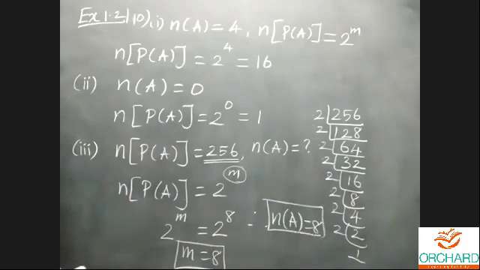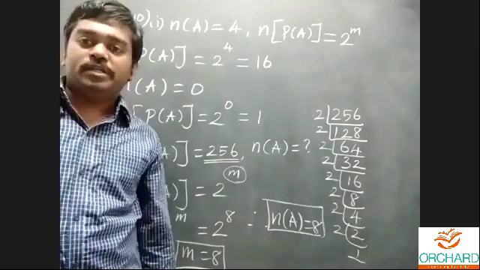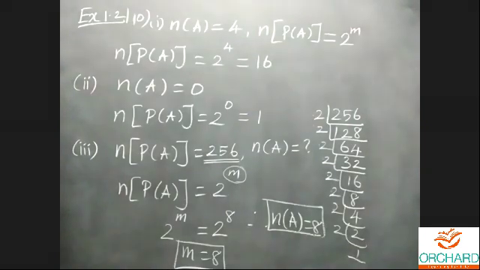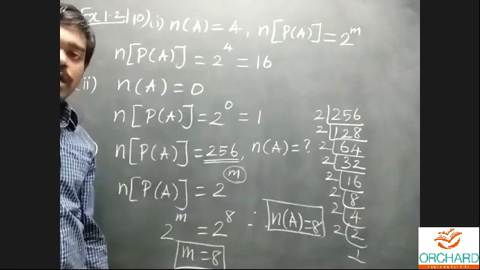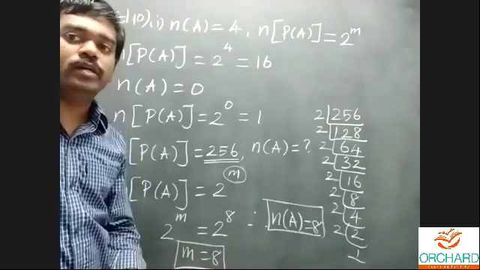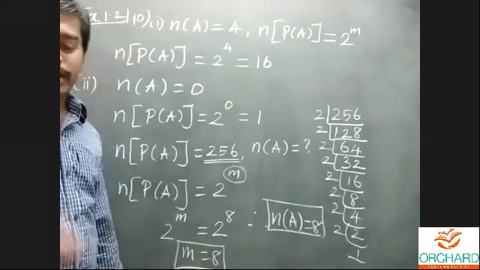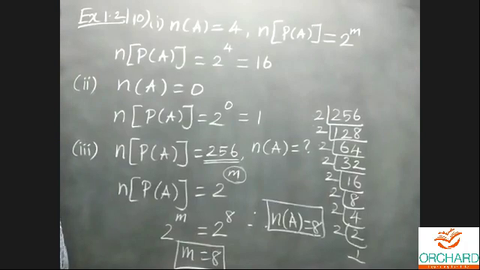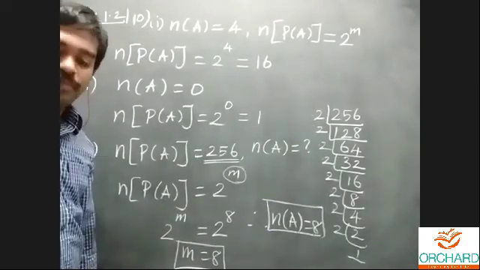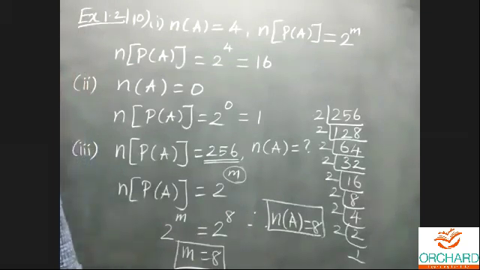Next one, we'll move on to the set operation. Actually, you know the binary operations: addition, subtraction, multiplication, and division. But what operation can we do for sets? Especially, the major idea is union and intersection. What is the idea in set operation? That is union and intersection. A few more operations are also there. Now we can discuss in detail about set operations. The next topic is set operations.